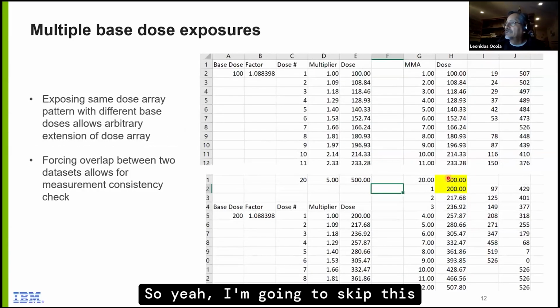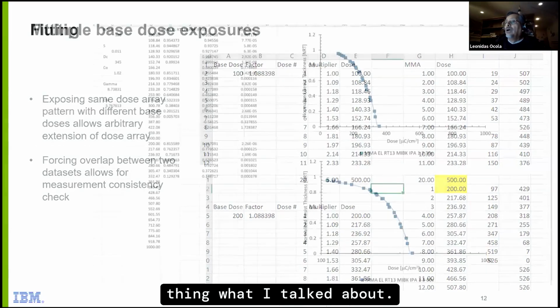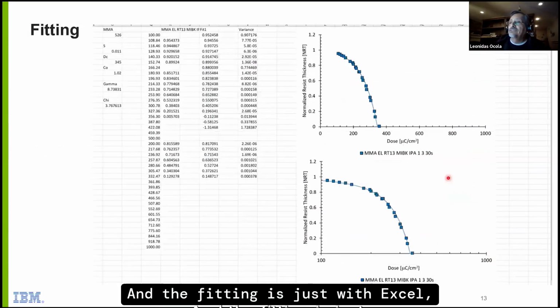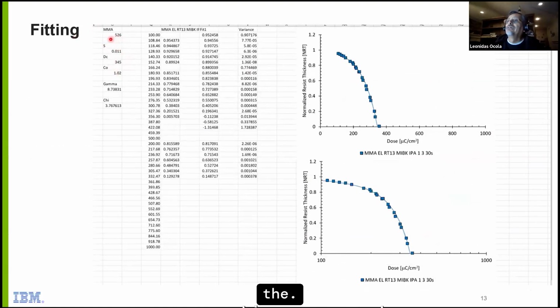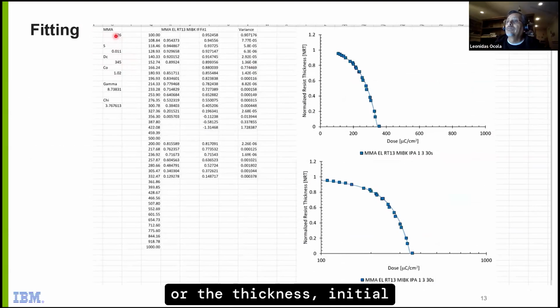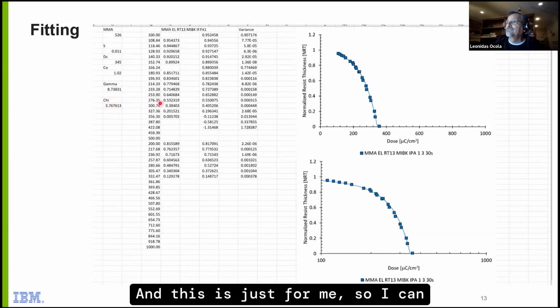So yeah, I'm going to skip this because it's basically the same thing I talked about. And the fitting is just with Excel, you can put in your parameters for the thickness, initial thickness, that S parameter, the dose to clear, your constant. From here you can then calculate what the contrast, the gamma, is, and this is just for me so I can calculate more or less